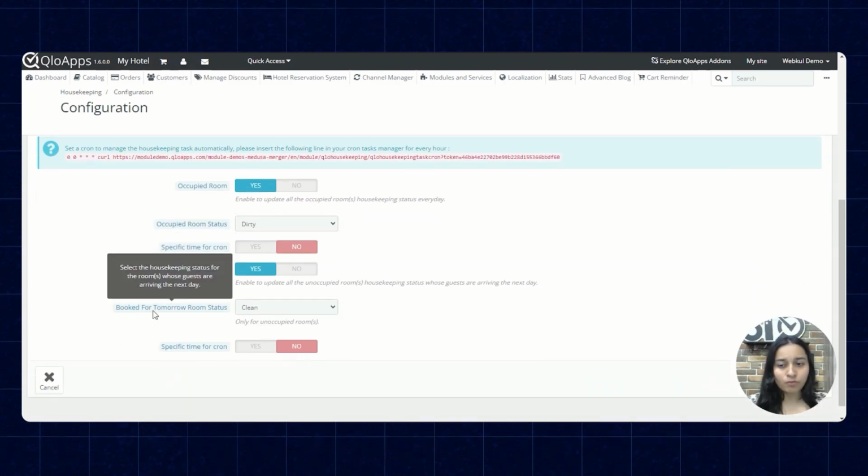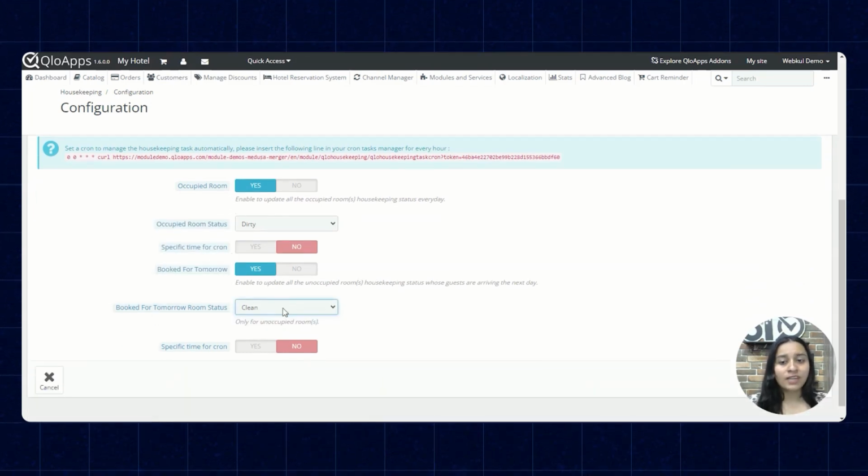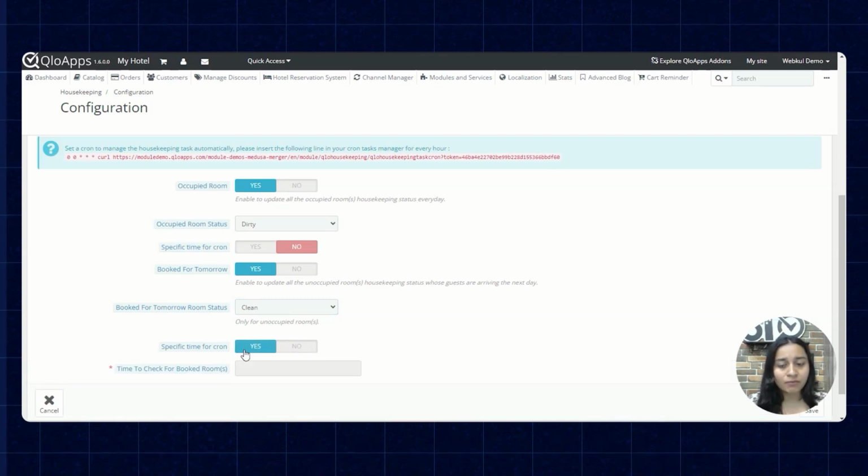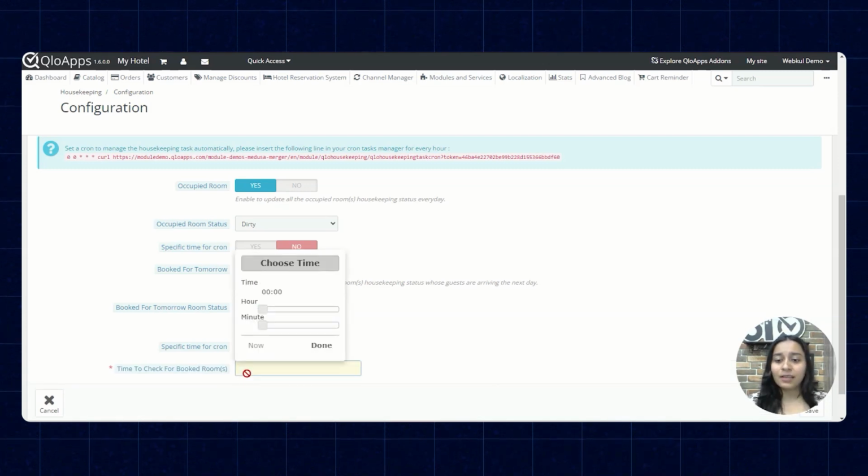Next comes the option of booked for tomorrow room status. So you can decide what should be the updated housekeeping status for all those room types which are booked for the next day. You can decide whether it should be clean or dirty, and accordingly you can decide if you want any specific time at which the cron should run. If yes, select yes for specific time for cron and then add the time.